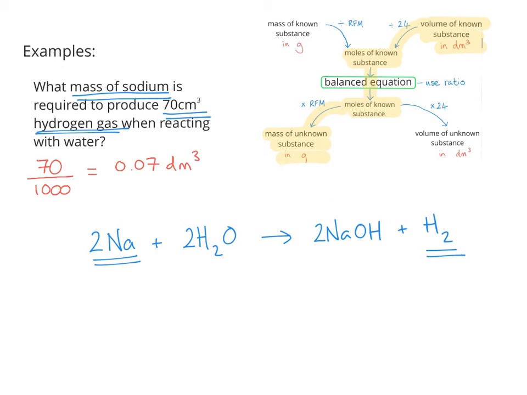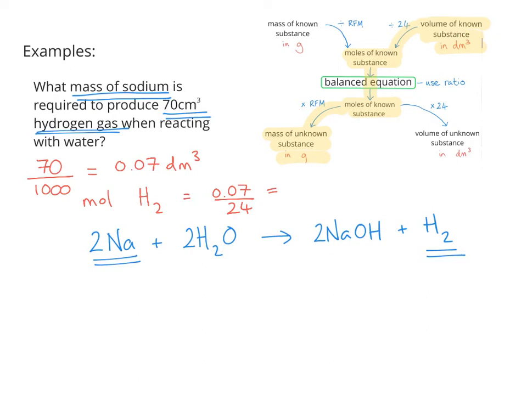Next thing I do, I've got it in decimeter cubed, so I'm going to divide it by 24. So I'm going to work out my moles of hydrogen, and that's 0.07 divided by the volume of 1 mole, which is going to equal